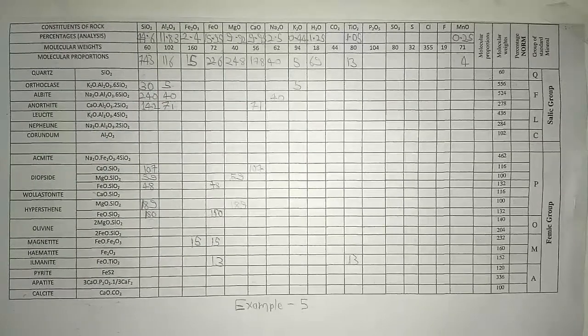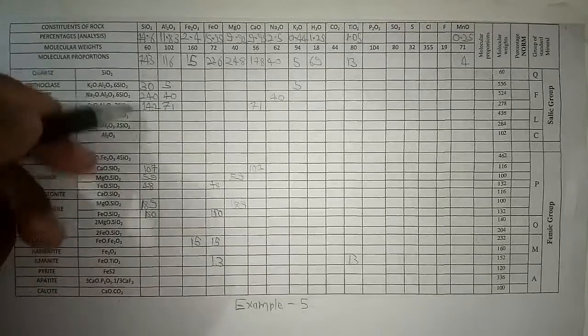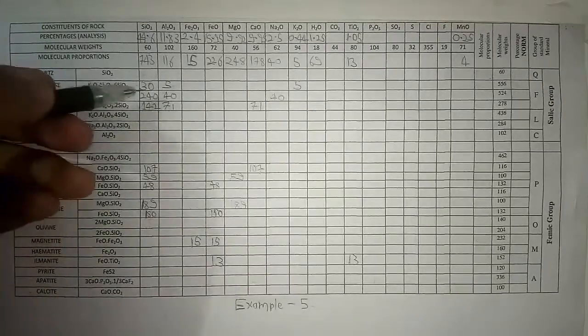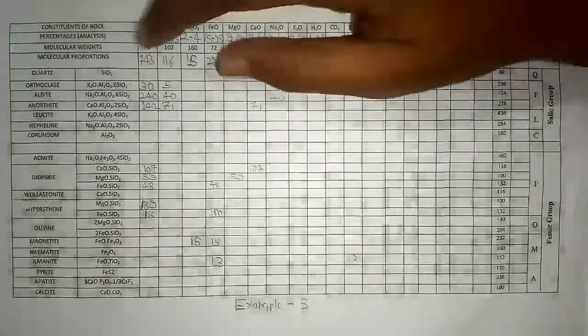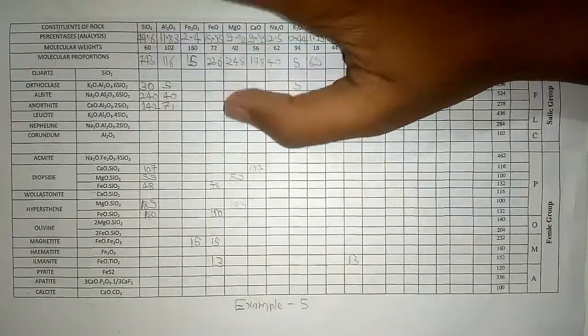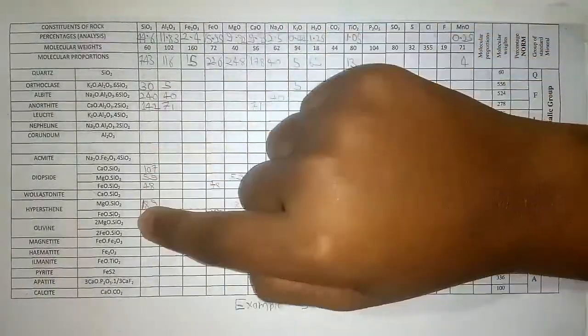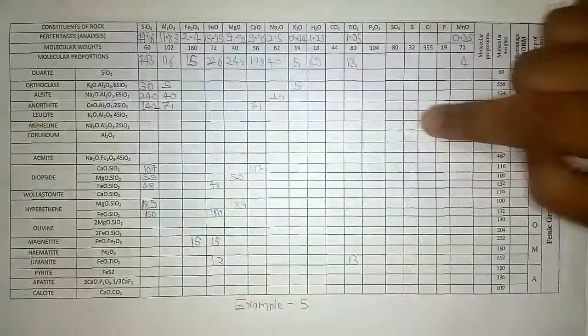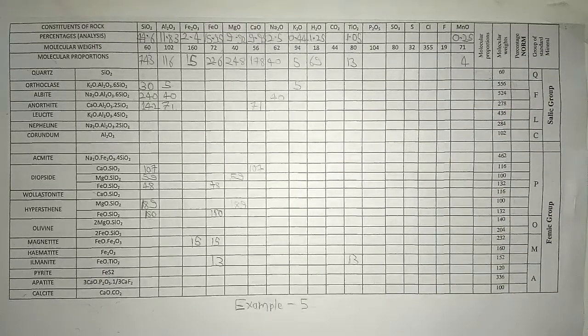Its sum from 30 to 150 is 965, which is far more than 743. So in the last part 4 I told you, when the sum of this column is more than this number, that means the rock is silica deficient. The sample which we have got is a silica deficient rock. So in this case we will make olivine.